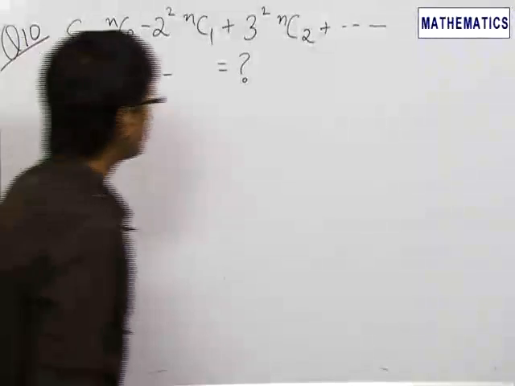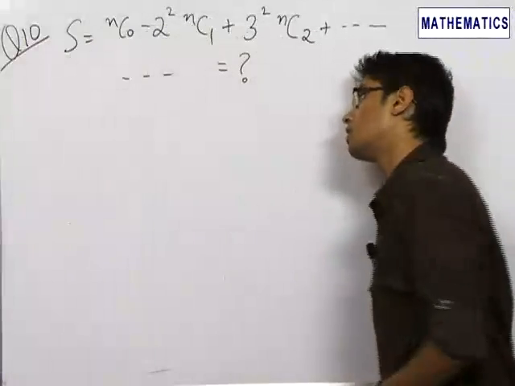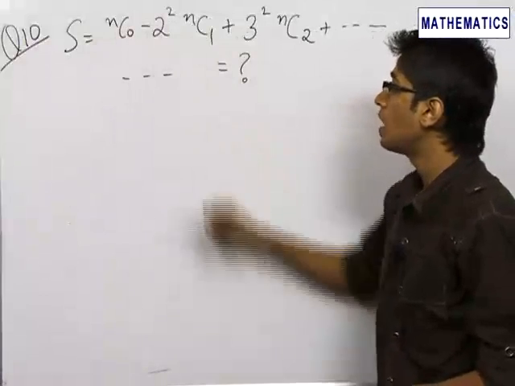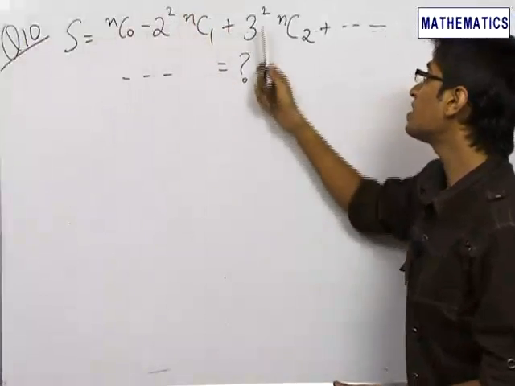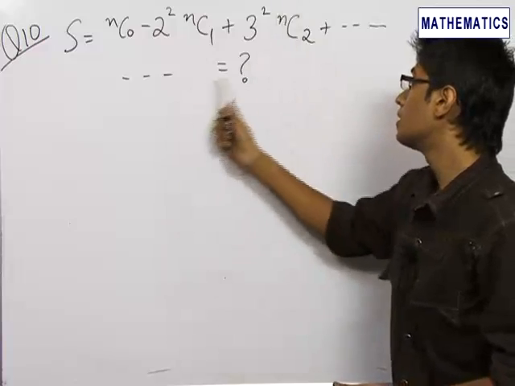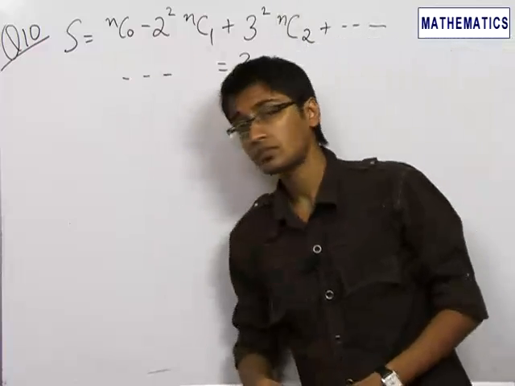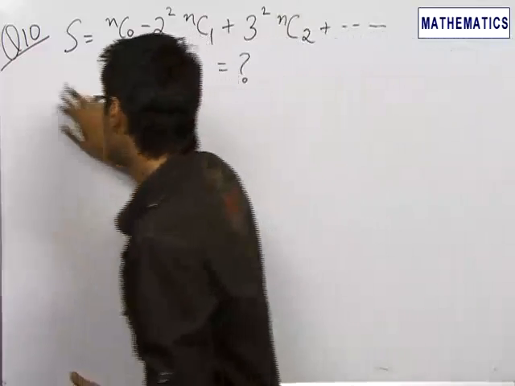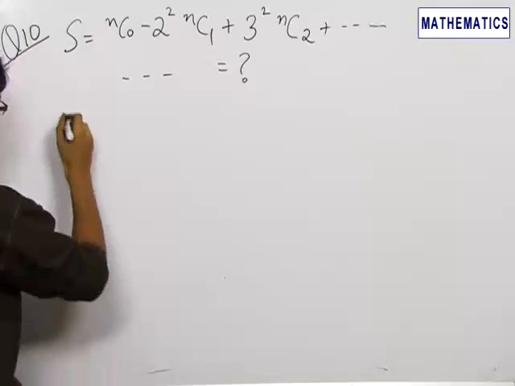Our 10th problem is a very important problem in which we are required to find the sum nC0 minus 2 square nC1 plus 3 square nC2. We need to find this sum. This is a very important and a very interesting problem which can be very easily solved by using just the